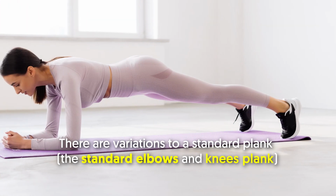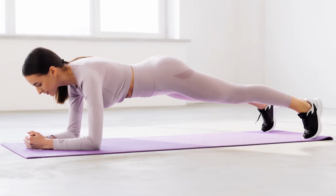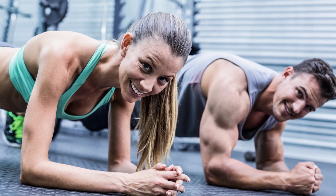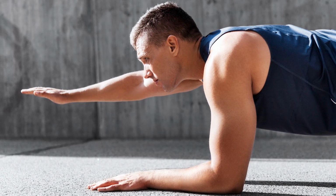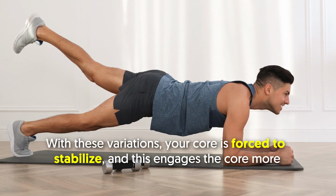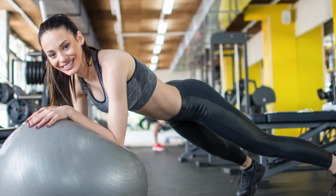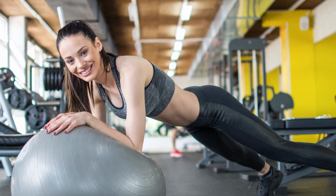There are variations to a standard plank, the standard elbows and knees plank, that target the abs even more. Surefire ways to make the plank tougher and engage your abs and core more is to lift one arm up off the ground when in a plank position, or lift one leg off the ground. With these variations, your core is forced to stabilize, and this engages the core more. You can also do planks with your forearms resting on an unstable surface like a ball to engage your entire